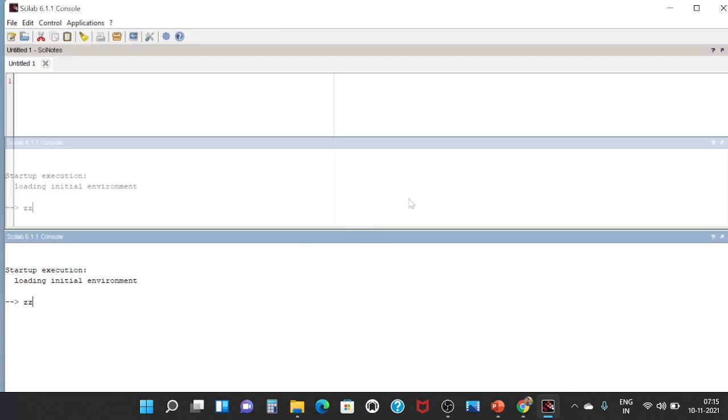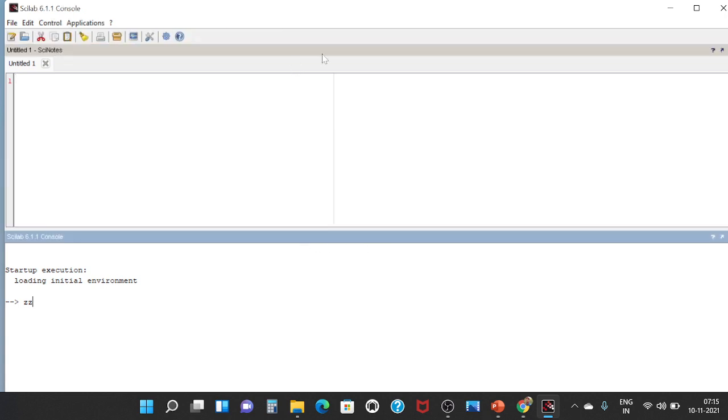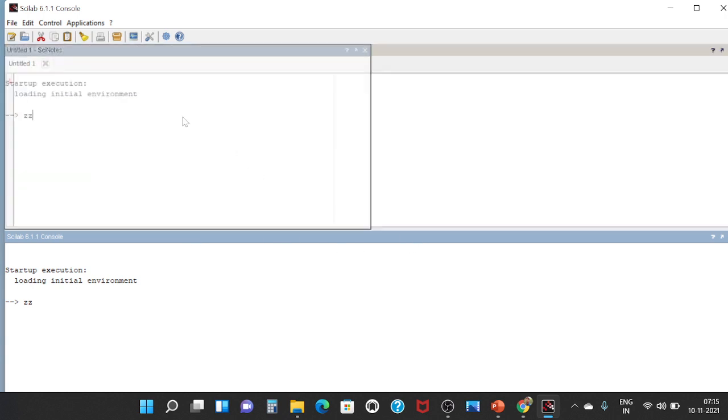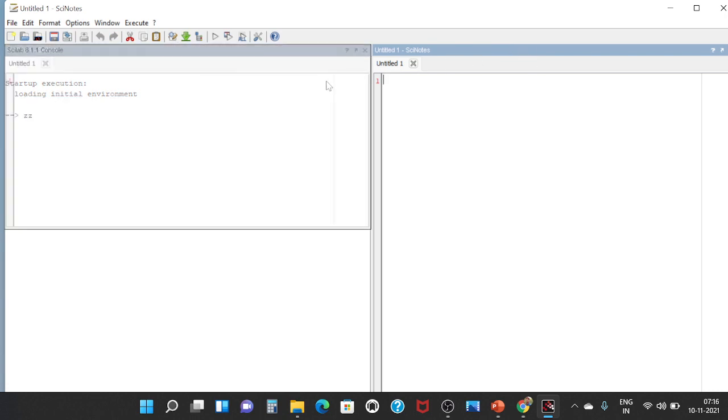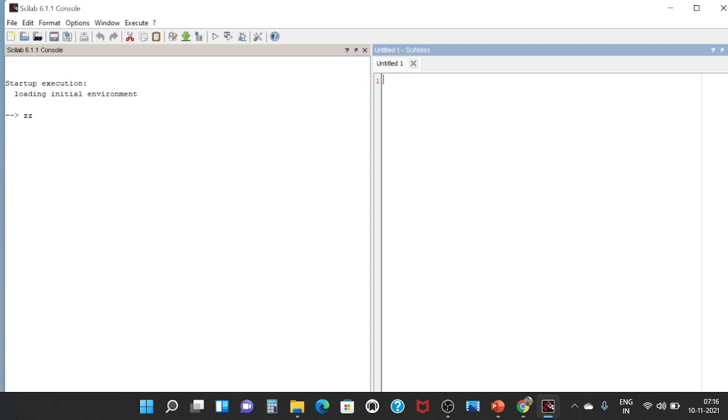So you just drag this one by pressing your mouse from here to here, and it will automatically snap, and you can put both the windows in this format. Then it will be better for us to work. Okay, so now we are going to do some easy programs.